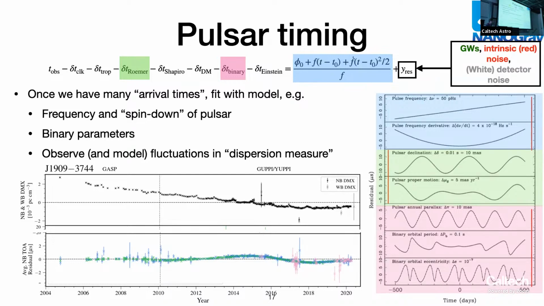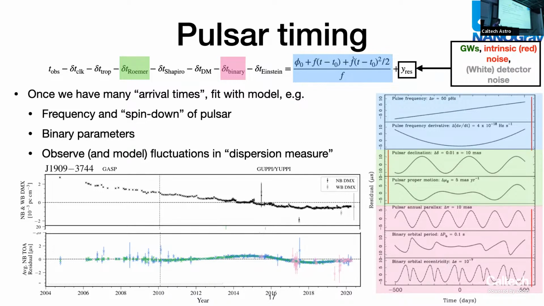So pulsars are neutron stars, and there's a lot of interesting internal physics going on in these neutron stars that's not particularly well understood. But one thing that almost all pulsars exhibit is some stochastic wandering of this rotation frequency as a function of time. And that stochastic wandering can look like gravitational waves if you're looking at an individual pulsar.